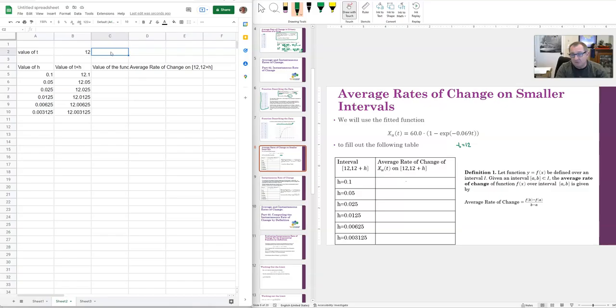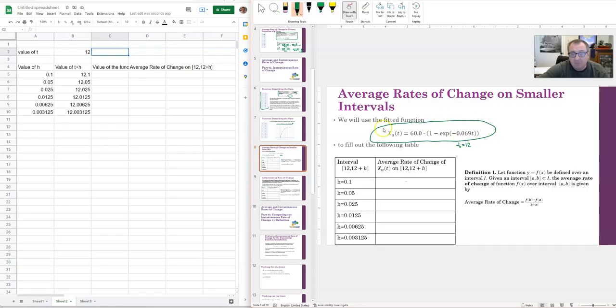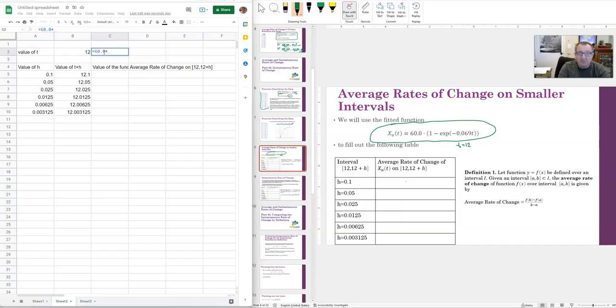So the value of the function is given right here as this exponential function. I would like to code that function in this cell. On the first I'll have this 60.0, that's a coefficient, multiplied by a parenthesis, 1 minus, the exponential function is